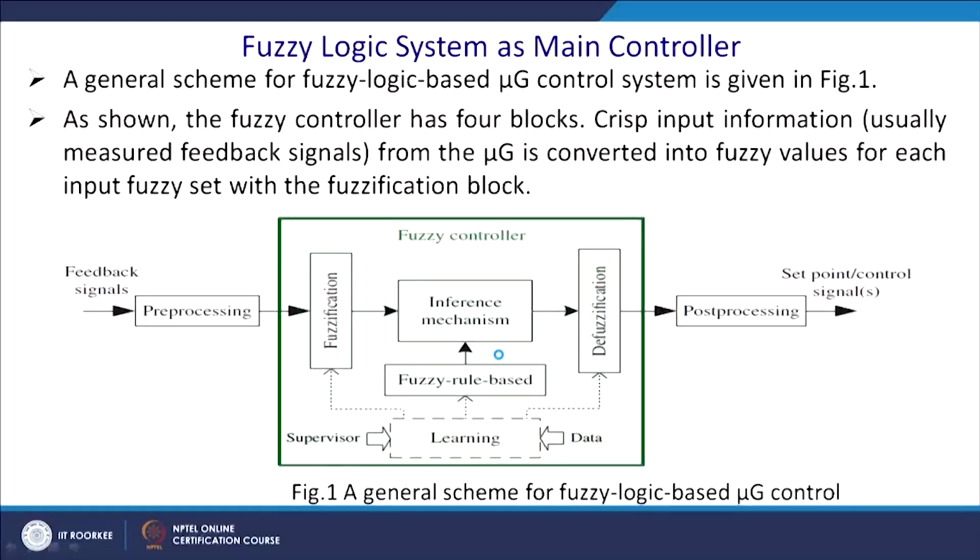So, this is the fuzzy logic system as a main controller. This is the block diagram of it. You have the actual measured status, that is the feedback signal, and thereafter it will undergo some processing to eliminate noise and others. Then you will have a fuzzification based on the rule base. You have a TS fuzzy or Mamdani fuzzy, depending on whether you require linear or non-linear classifications. Thereafter, you have an inference mechanism,